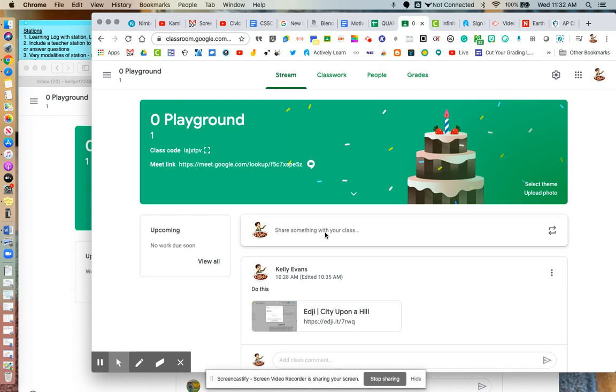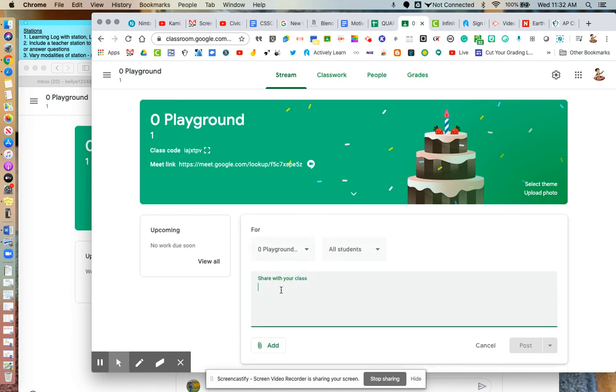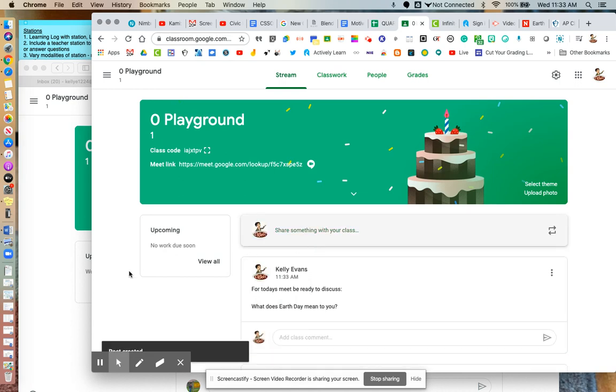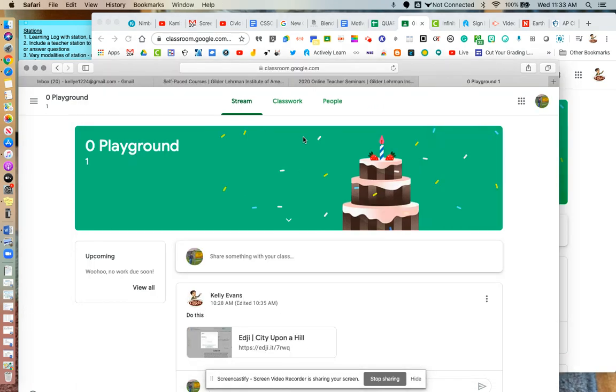So I'm here in my class. I'm going to go here. All right, so for today's Meet, be ready to discuss. All right, and my question is, what does Earth Day mean to you? All right, so I post that, okay, and then over here in my little playground, I've got my student view,